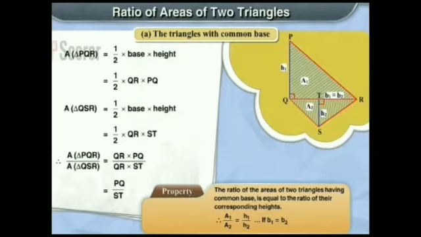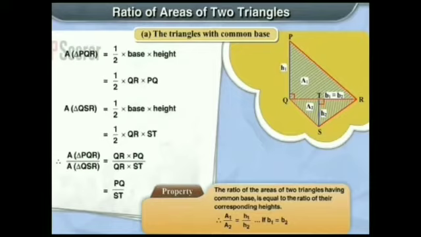That means QR is present in the numerator as well as in the denominator. So it gets cancelled, and what we get is PQ upon ST, that is